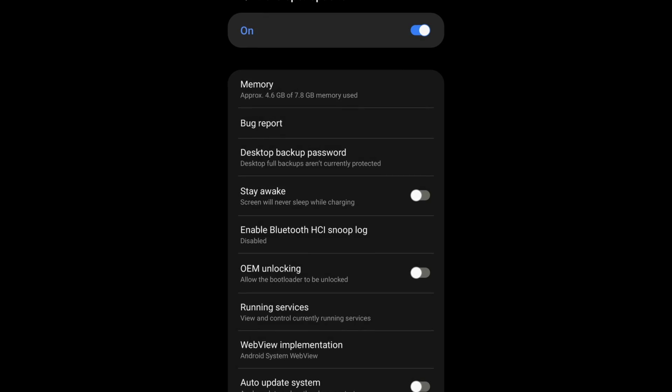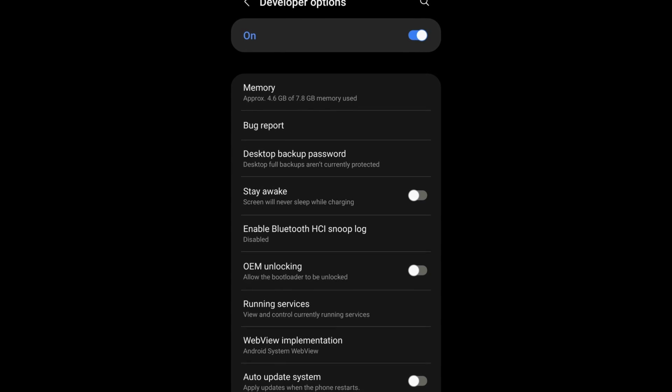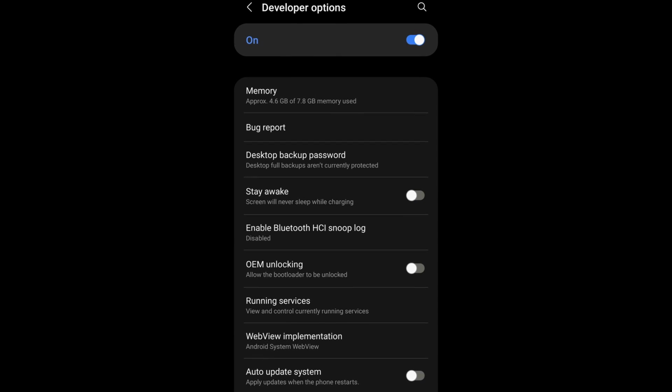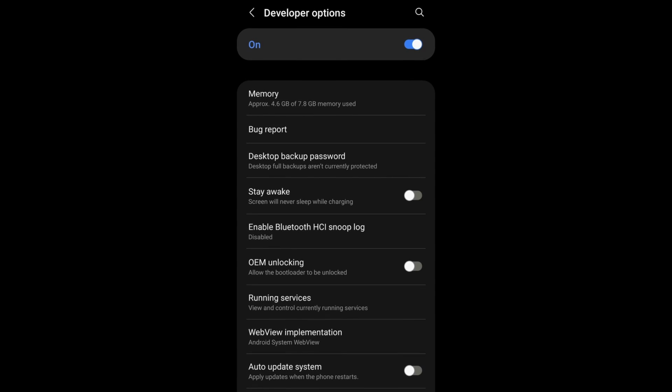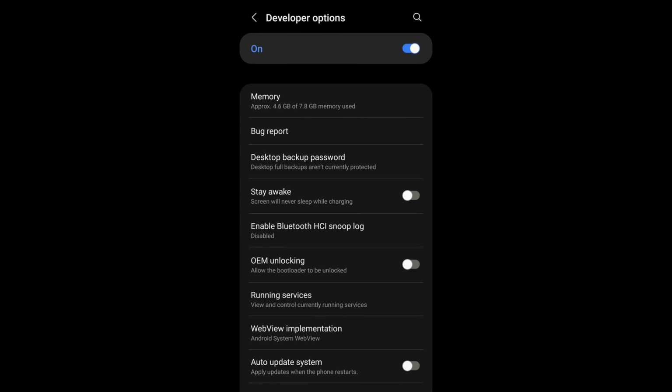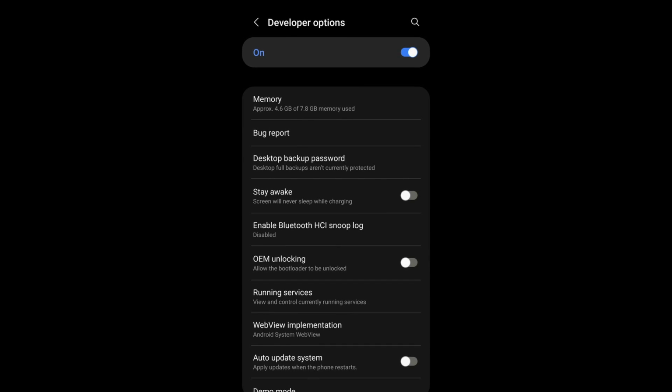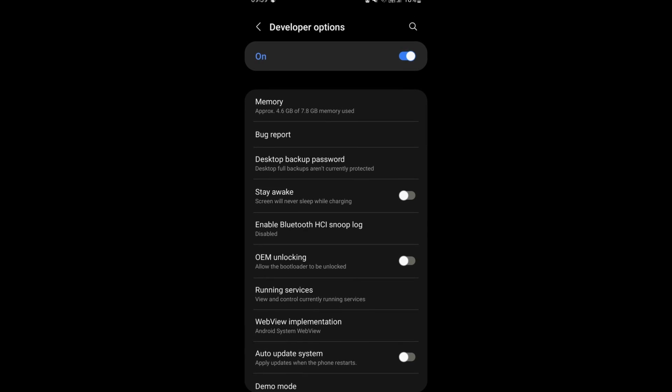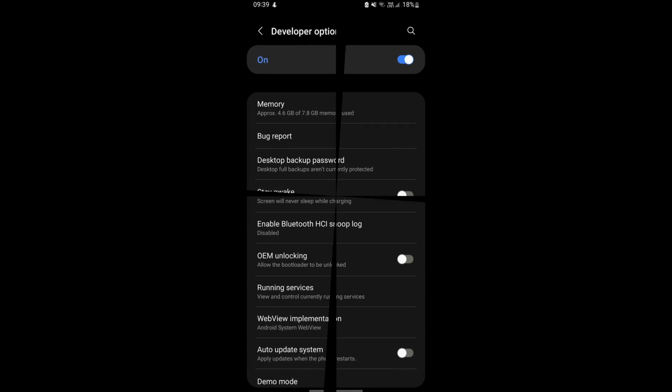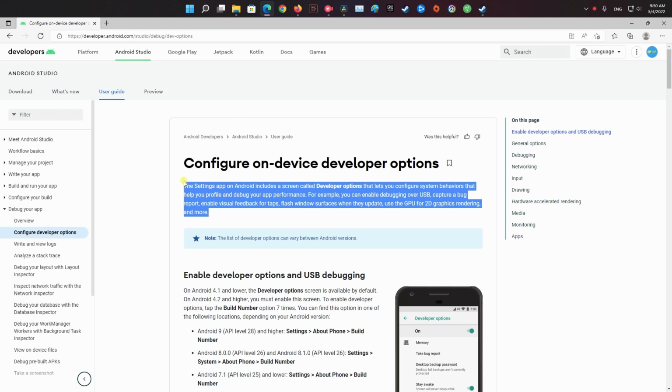On most Android devices, the Developer Options menu is hidden by default. The Developer Options let you configure system behaviors that help you profile and debug your app performance. For example, you can enable debugging over USB, capture a bug report, enable visual feedback for taps, flash window surfaces